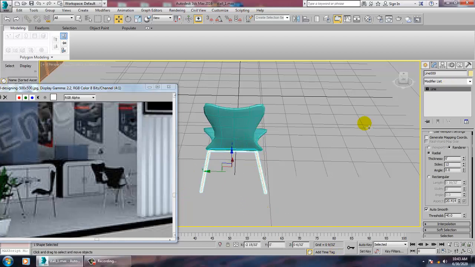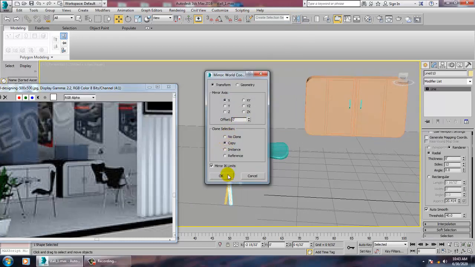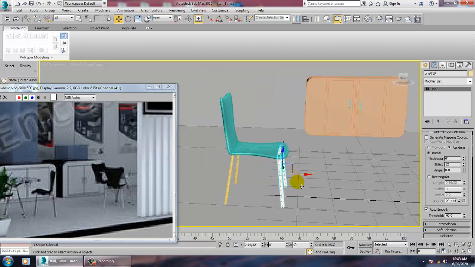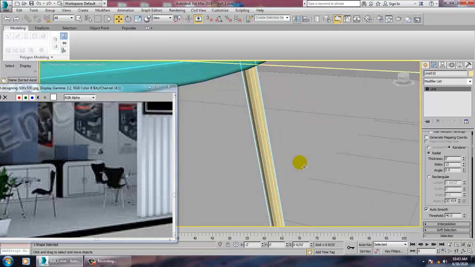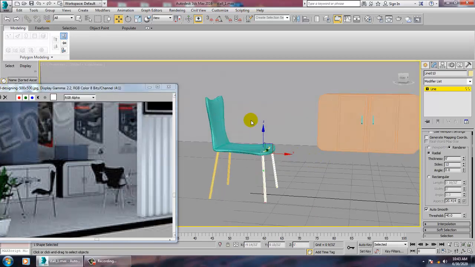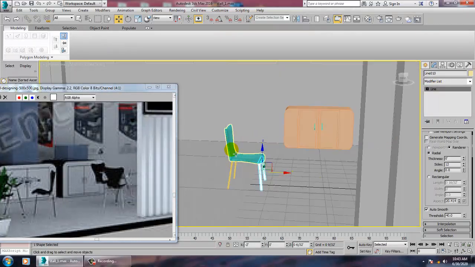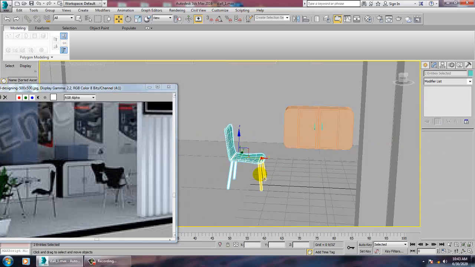So now what I can do is I can just mirror this, save your file. Let's mirror it in X-axis and make a copy of it. That's it. Alright. It's done.